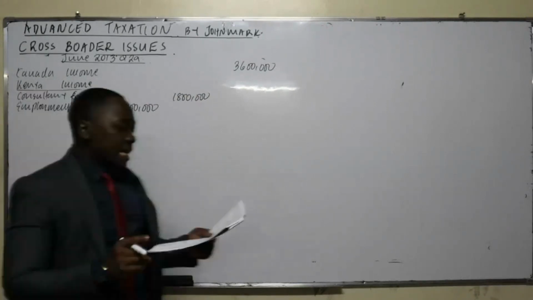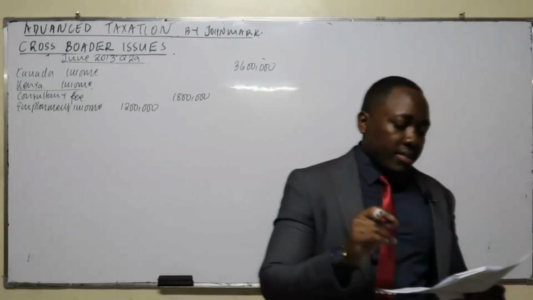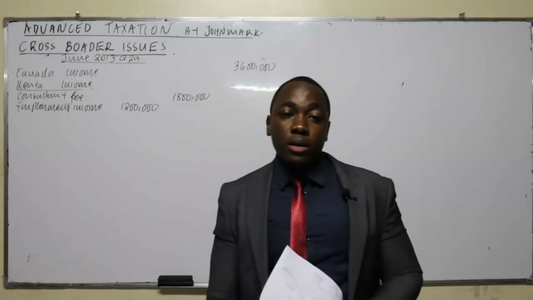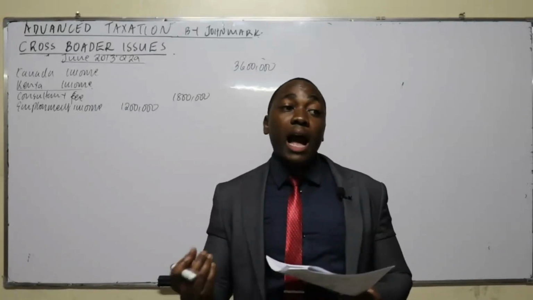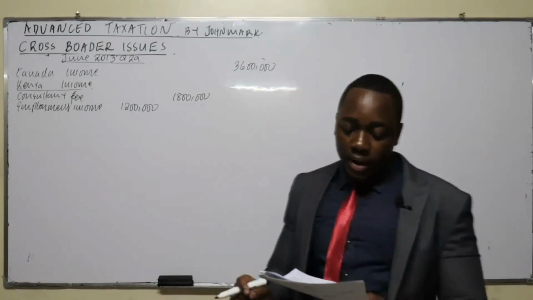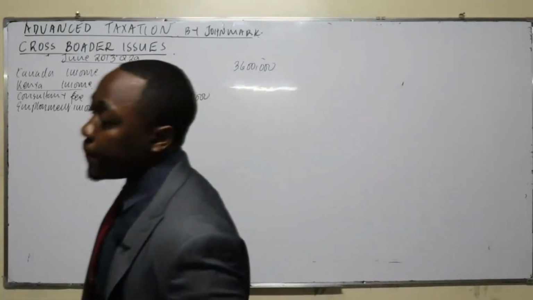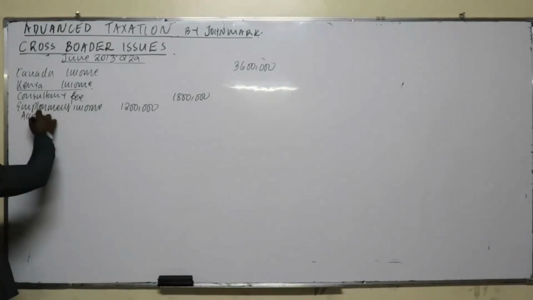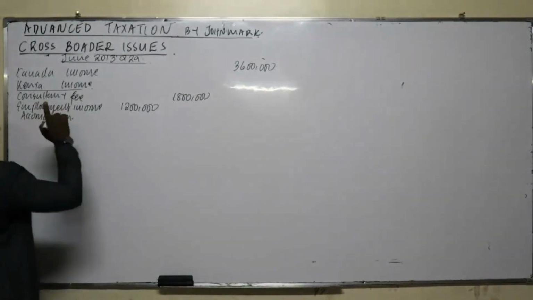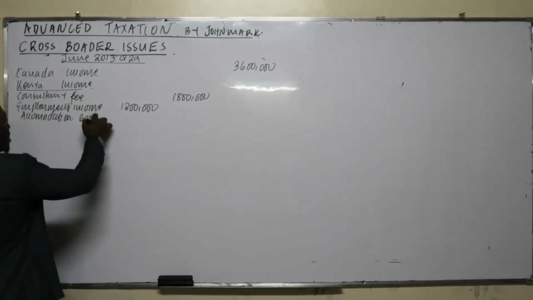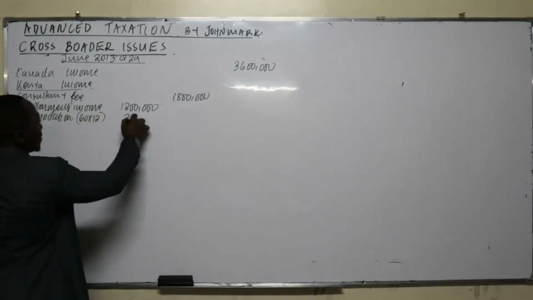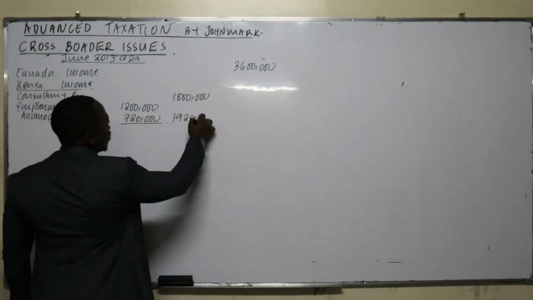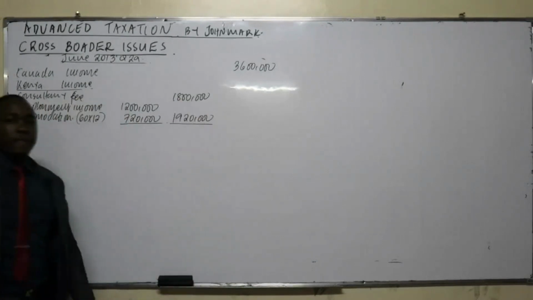Then you are told that his employer in Kenya provided his family with accommodation. So that means the employer is the one paying. So to Mr. Alex, it is a house benefit. It's paid by the employer. The monthly rent on accommodation was 60,000 per month. So how much will be the annual pay? Accommodation is taxable employment income. So it's 60 times 12, it will be an amount of 720. So how much was the total employment income? 1920. So how much was the total income earned in Kenya?